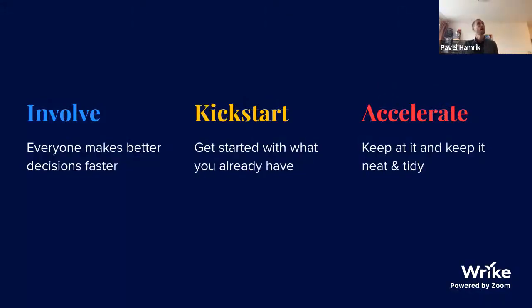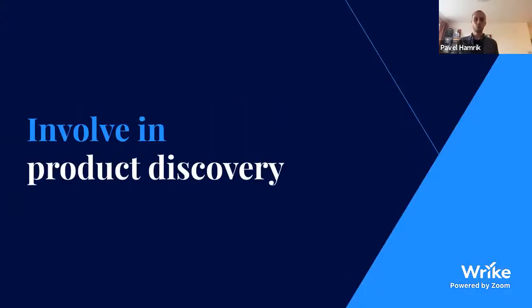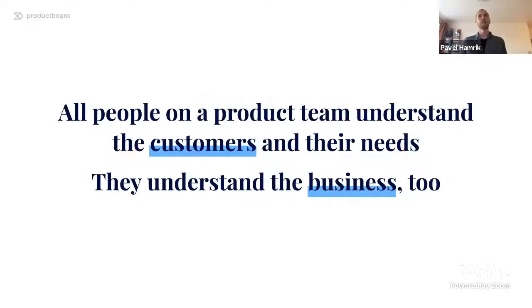And so I would like to offer a very simple 3-step approach to product discovery and how to address these 4 big risks. By involving your colleagues in product discovery, by jumpstarting it, and by keeping at it, accelerating product discovery. What do I mean by involvement in product discovery? Well,